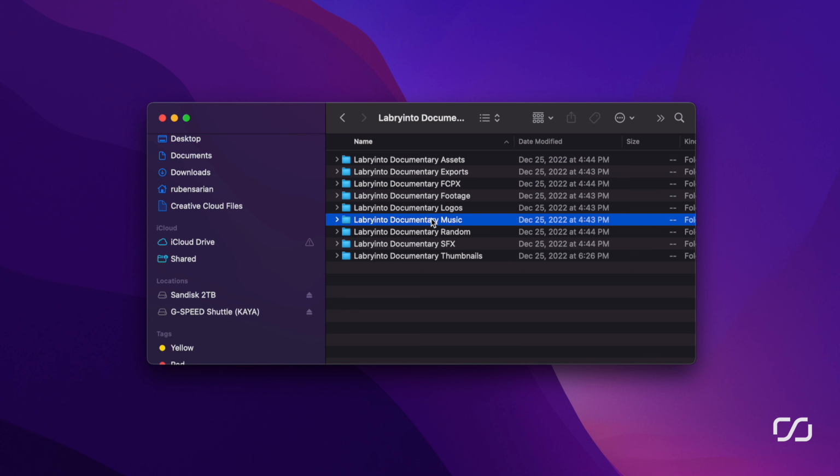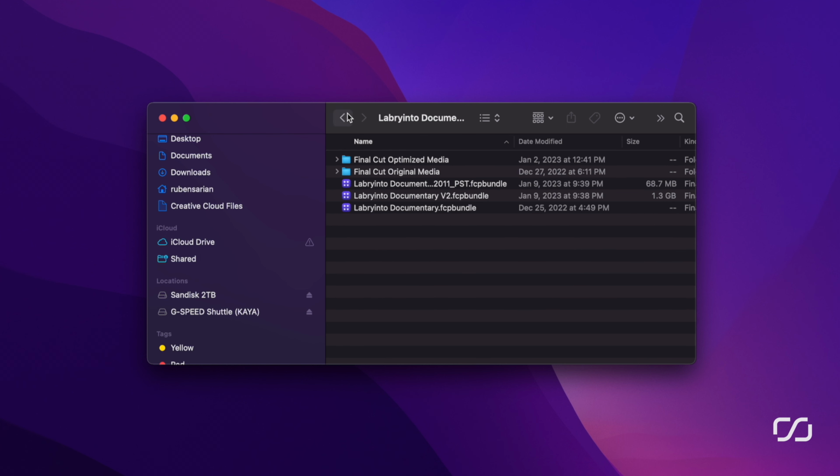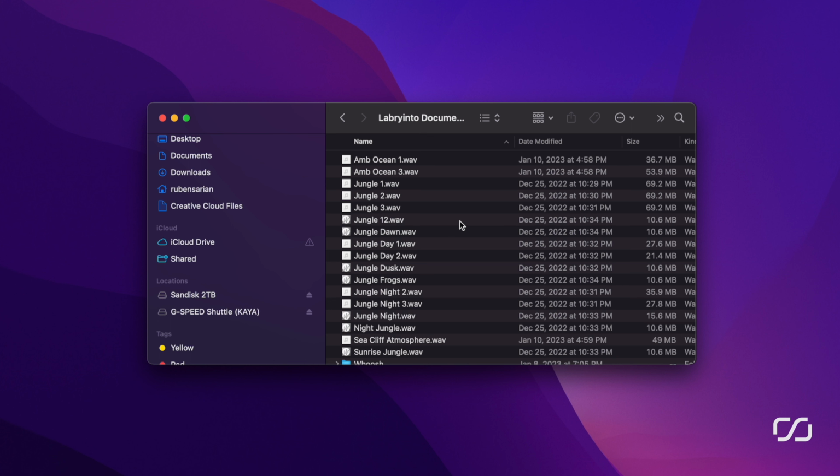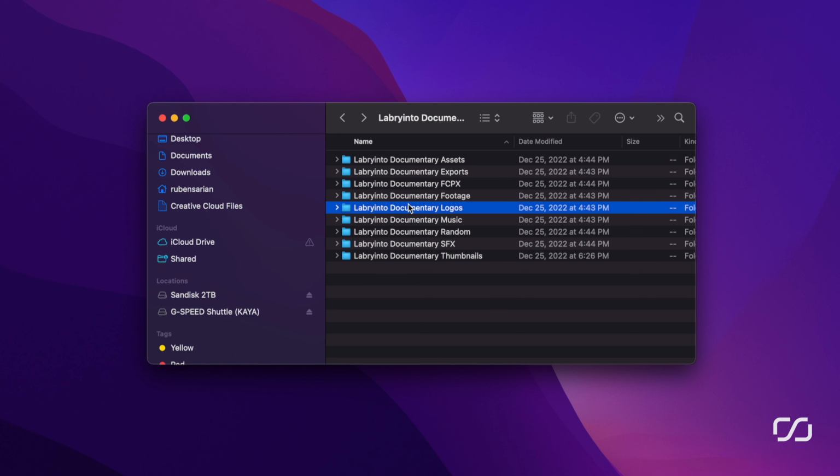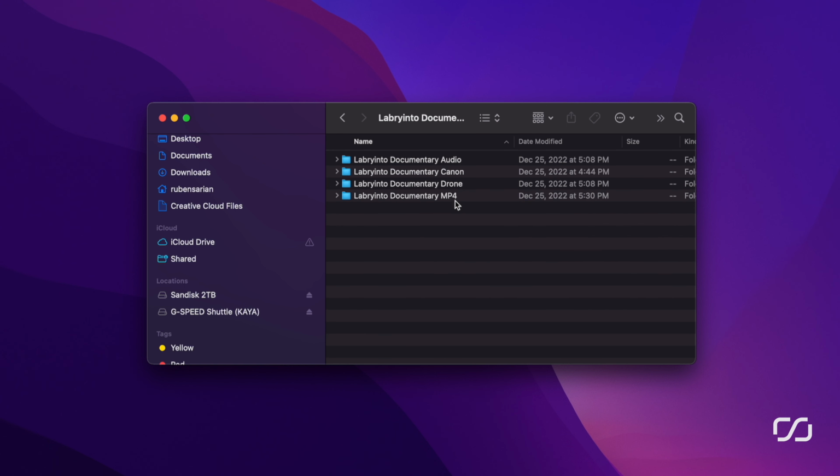For example, my music's going to be in here, Final Cut Pro files in here, sound effects. I haven't even started editing and I'm already starting to get all the music for it. I'm already starting to get logos from the client. Don't have any yet. Within the footage folder, I'll create a bunch of other subfolders and I'll put the correct